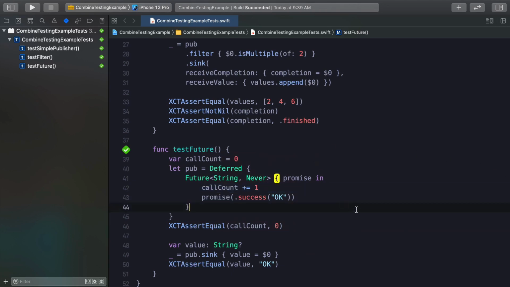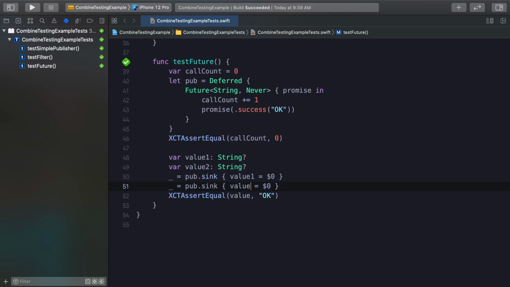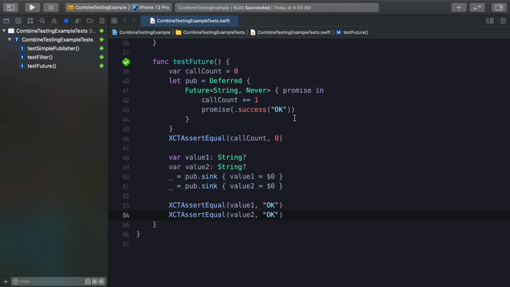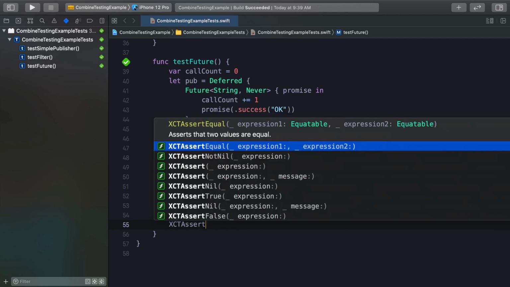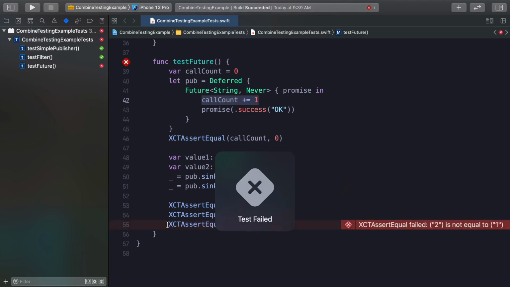So what happens if we subscribe to this multiple times? In this case, let's have value 1, and we'll also have value 2. And then we'll do the same thing here. This one will be value 1, and this one will be value 2. And we can assert that both of them are the value OK. And then at the end, we could say XCTAssertEqual that the call count here was maybe 1. If we expect this only to be called once, then we can see that in this case, this will fail